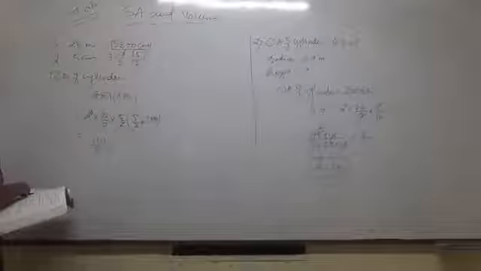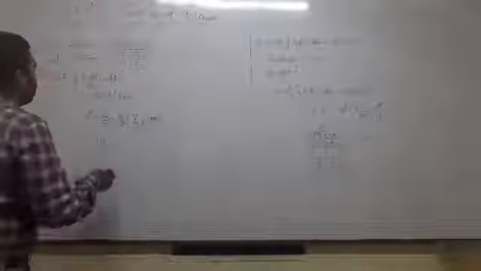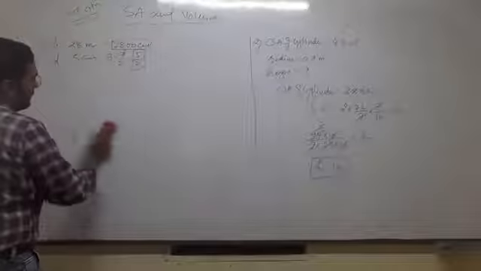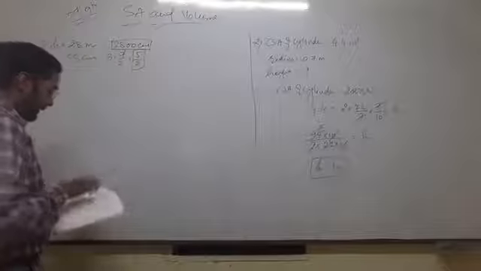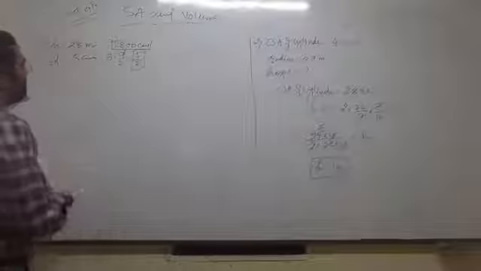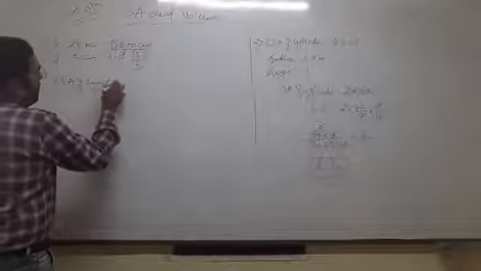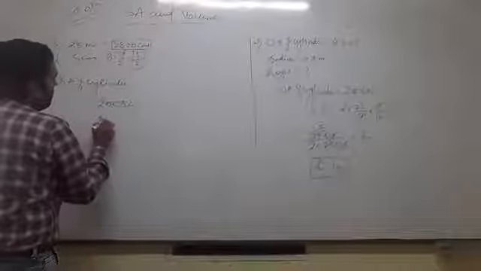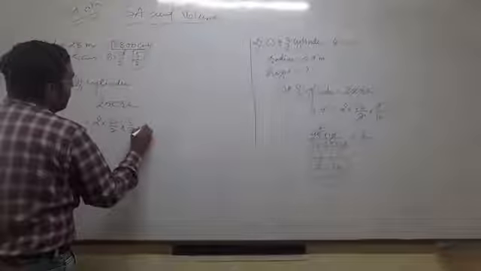Sorry students, here is our mistake. We have to take curved surface area of cylinder, because it says that it has to radiate the surface. So whenever it has to radiate the surface, we must find the curved surface area of the cylinder. Okay, so my curved surface area of cylinder, that is CSA of cylinder, is equal to 2 pi r h, 2 into 22 by 7 into my radius 5 by 2 into